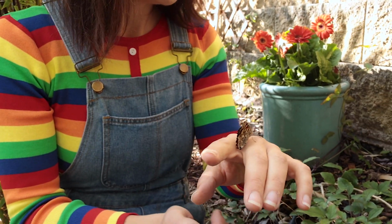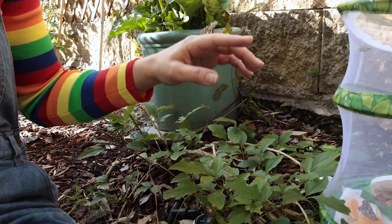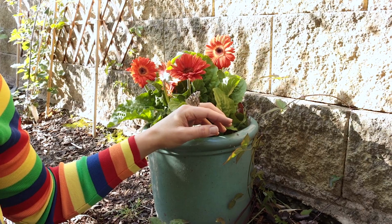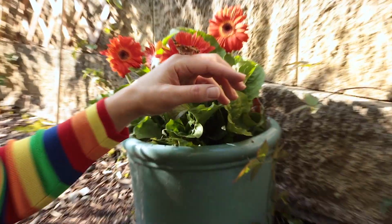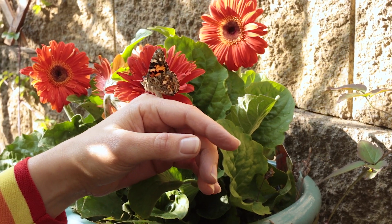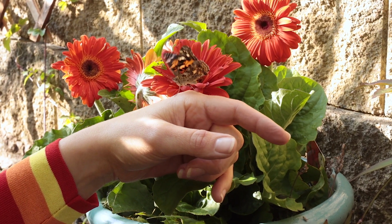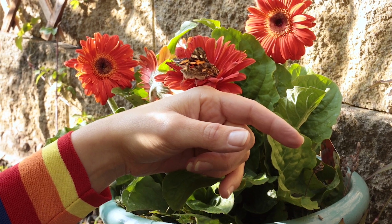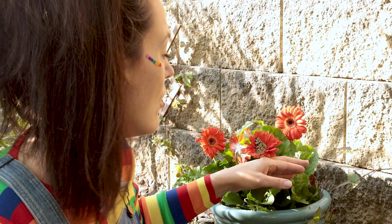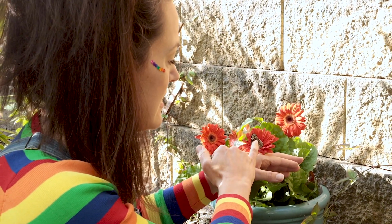Shall we put it down on a little bit of a plant, see if it wants to go onto this one here? Would you like to go on a leaf or on a flower? No? There you go. We also don't want them to wait for too long because they use this bit of their